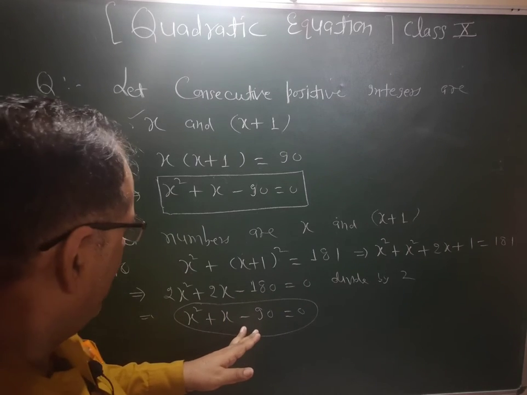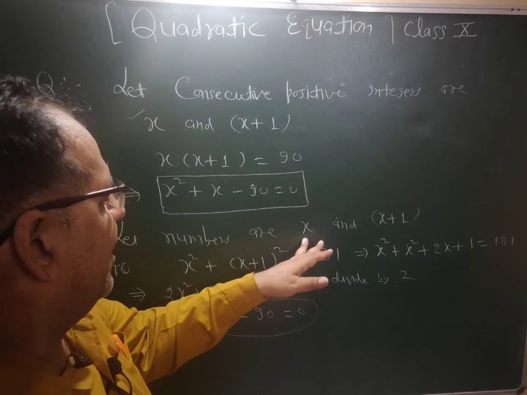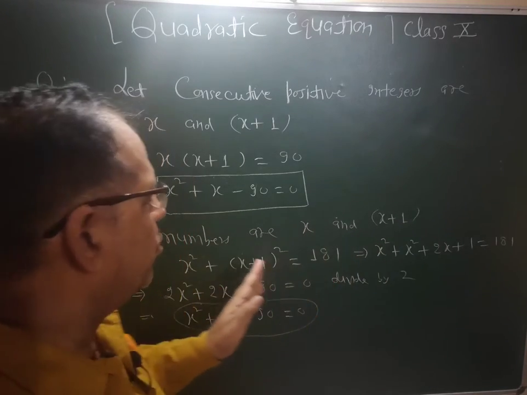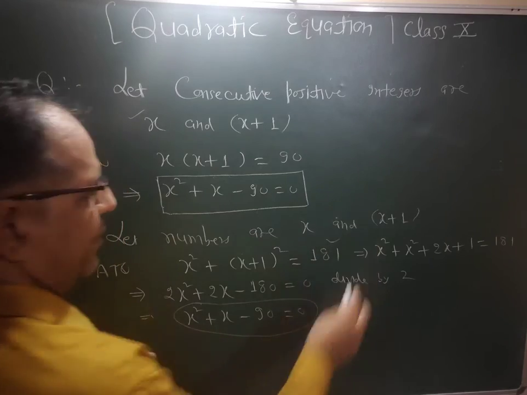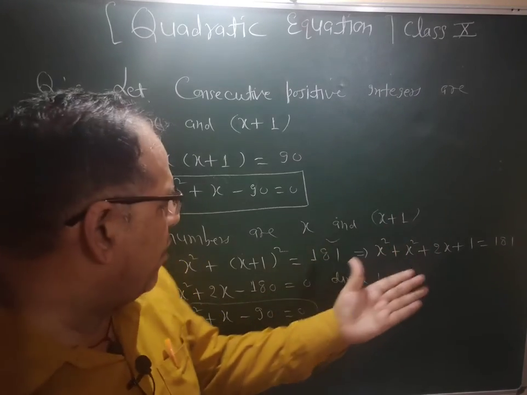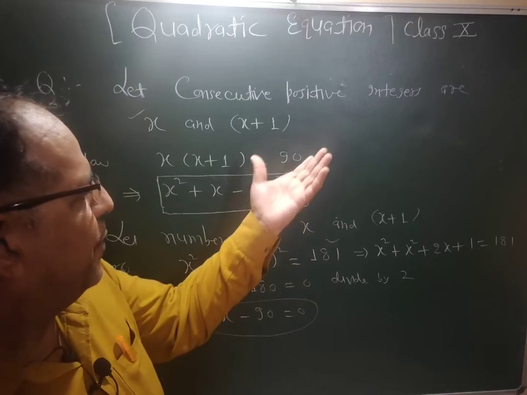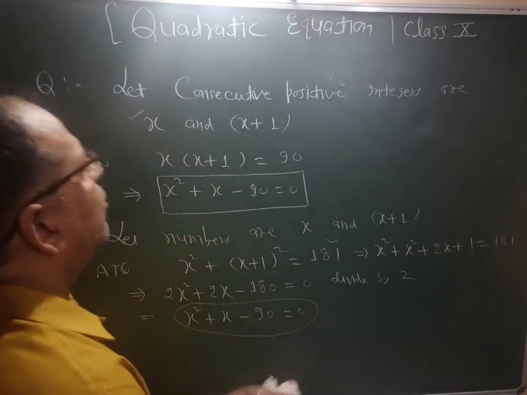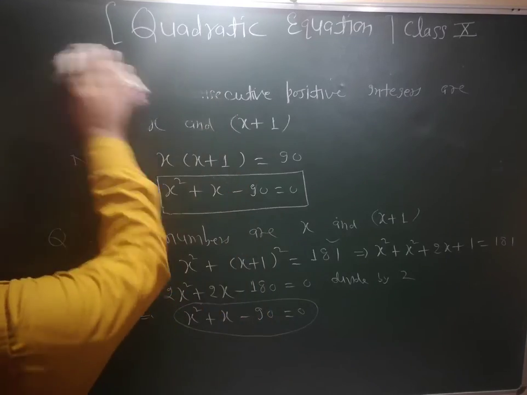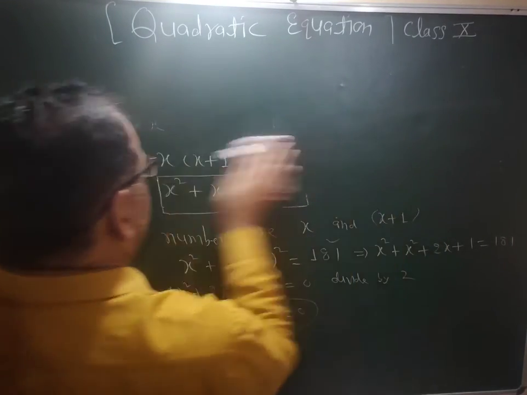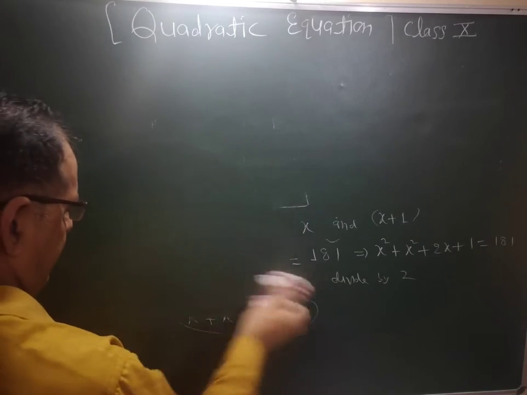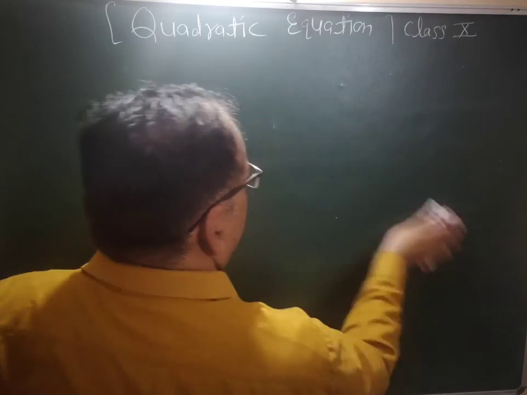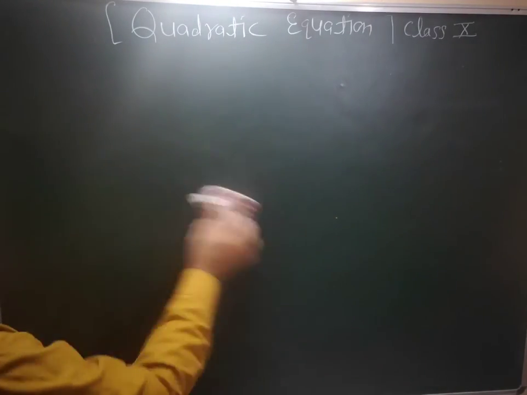After solving this, we get the value of x, and after it we find the required consecutive positive integers whose sum of the squares is 181. So this is the way we can convert the given word problem into the quadratic equation format. Now I am taking one more problem based on this. The question is that